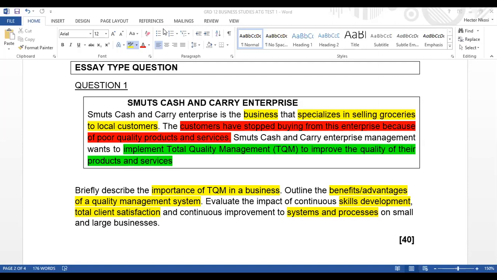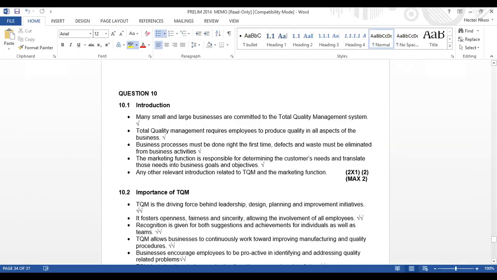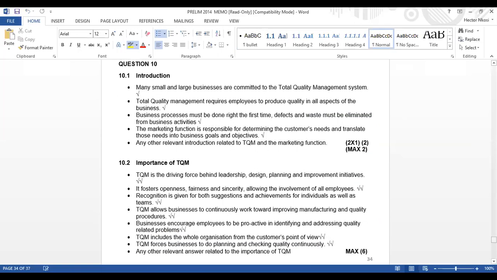All right, grade 12s. I hope you had enough time to think about this. All right. Let me just show you basically on how you are supposed to answer this question. Now, if you look here, grade 12s, I need to show you step by step. So basically, you're supposed to have your intro, right? You're supposed to have your intro about your total quality management system.